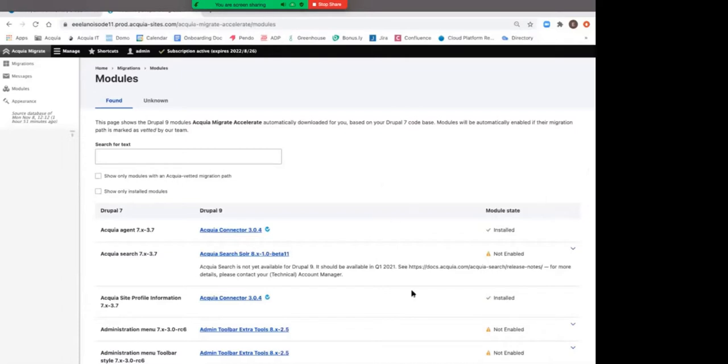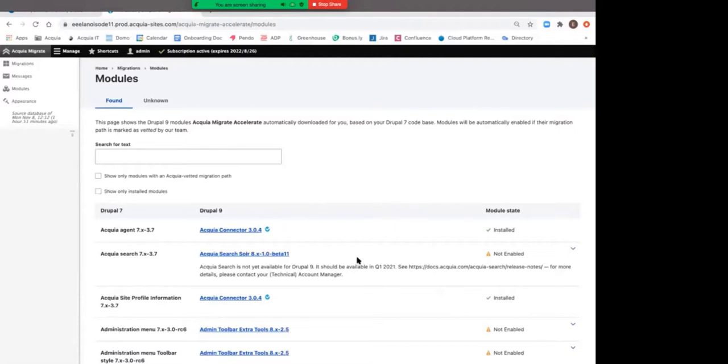So this is where you can see what your Drupal 7 modules were, and what the Drupal 9 equivalent is that AMA has identified. The recommendations engine includes over 2,000 upgrade paths, so there's quite a bit in there,